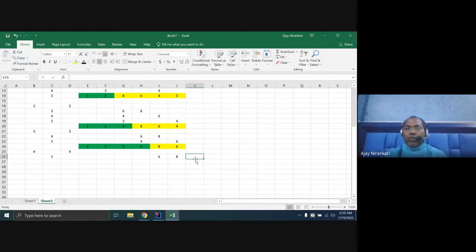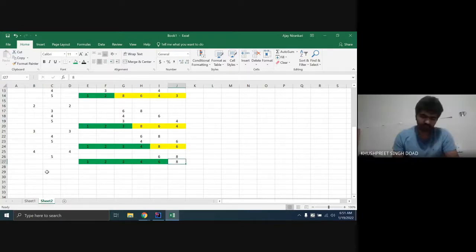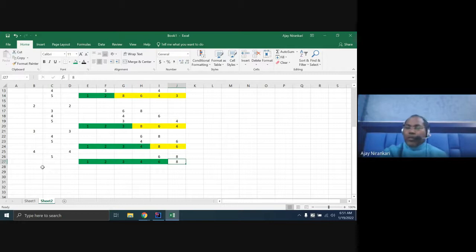Now your length is completed. That means this is already in the same place, and these two you also get the same. Now in the last element, you are finding the minimum position for this one. And after that, they have only one element, so you don't need to compare to any other one.